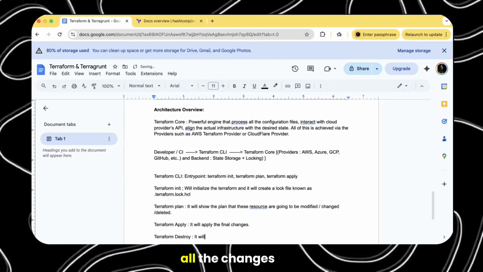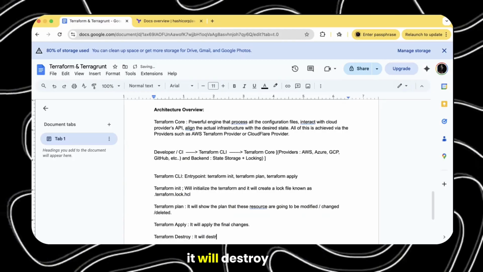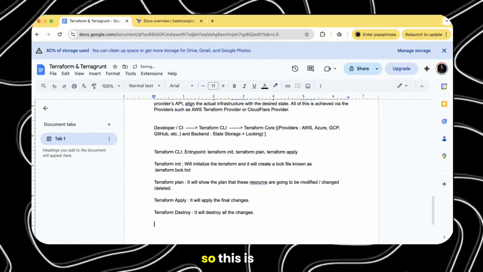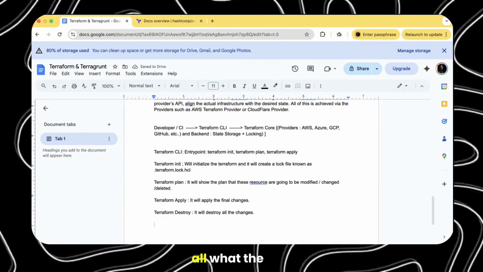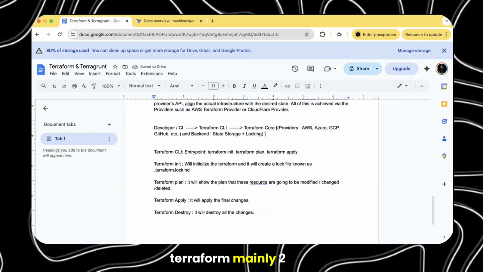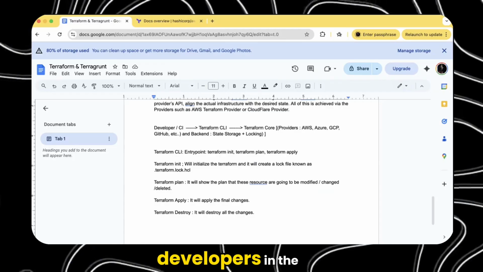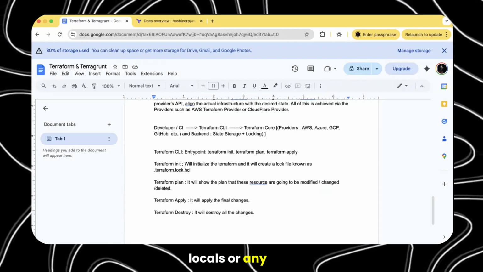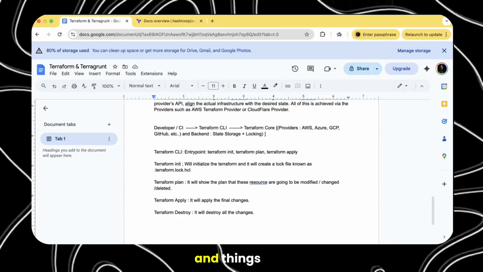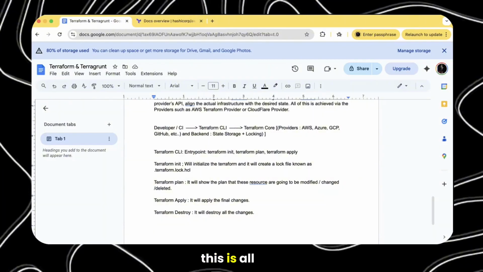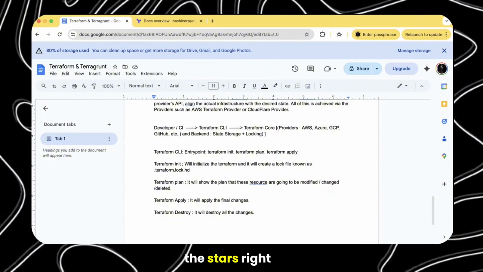It will destroy all the changes. So this is all that Terraform mainly does, right? This is basically used by all the developers locally or in any CI/CD pipelines. They all do the same thing.